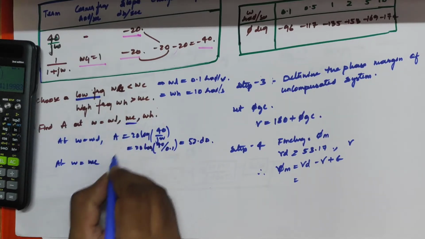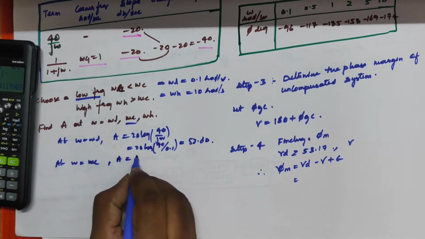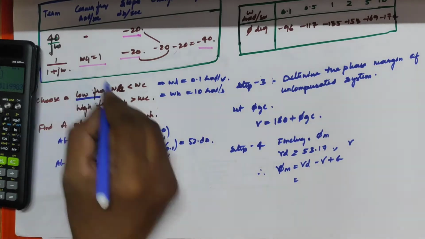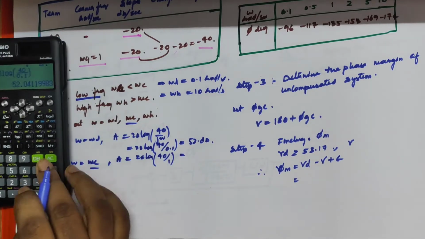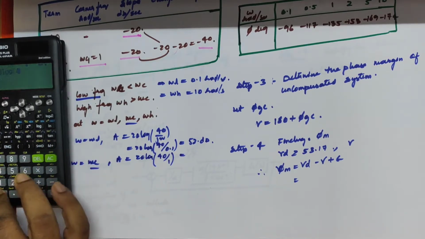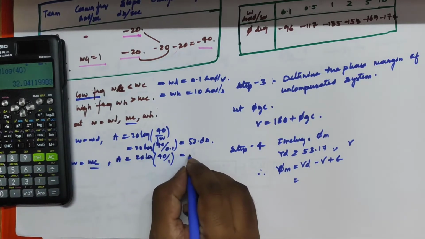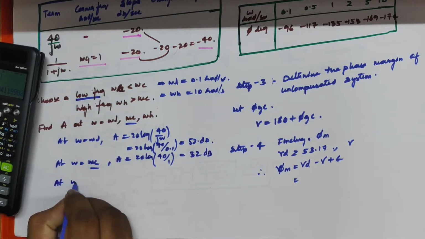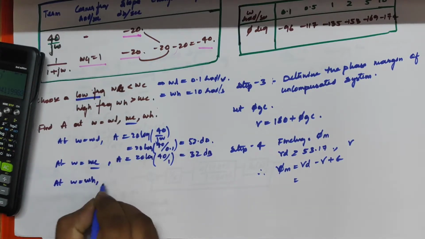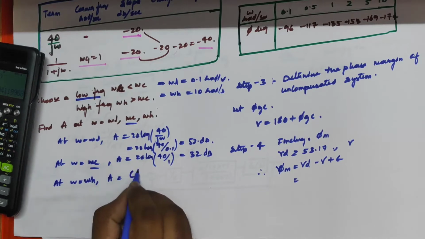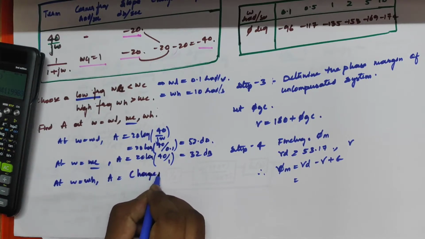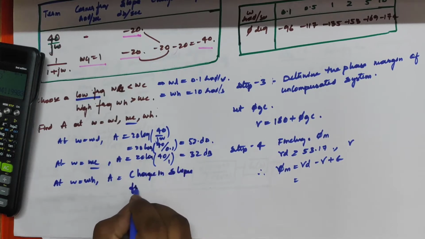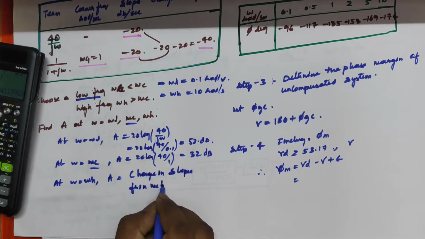At omega equal to omega c, again A equal to 20 log 40 by omega c, where omega c value is 1. So I obtained 20 log 40 by 1, that is 32 dB. At omega equal to omega h, A equal to what? You know that the change in slope from omega c to omega h